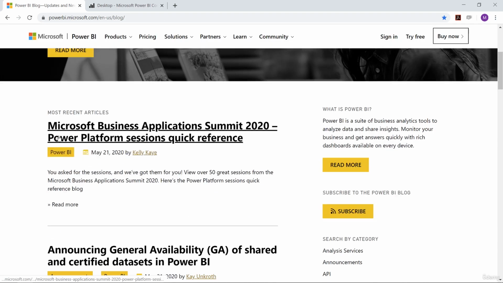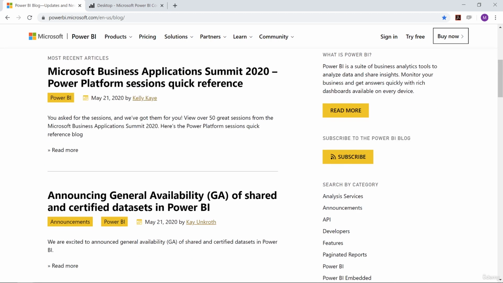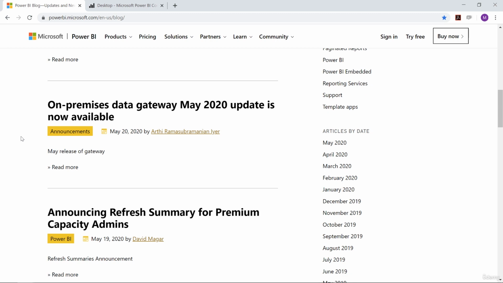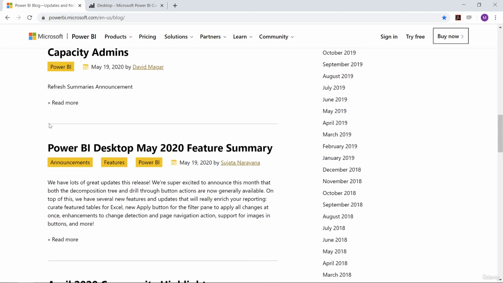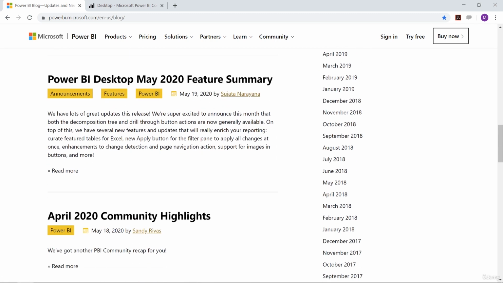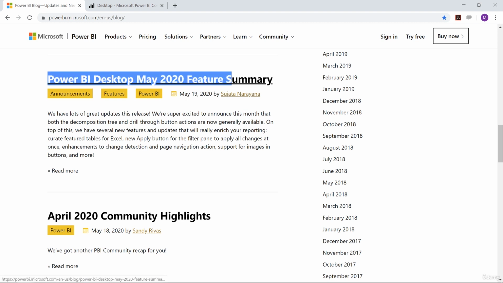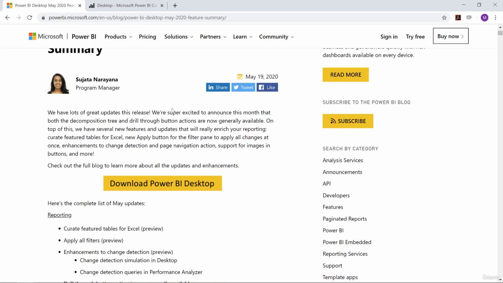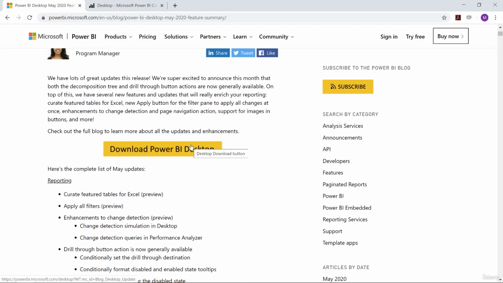But if you scroll down a bit further, you can see that you have all relevant articles in the world of Power BI. For example, you can see an update to the gateway that we have right here, and very important for you as you're following along this course, the Power BI Desktop monthly update. In this case, it's the May 2020 update, so if you're interested in this, just select that link, and then you can see an overview of all the different changes that were applied, and very important, also a download link